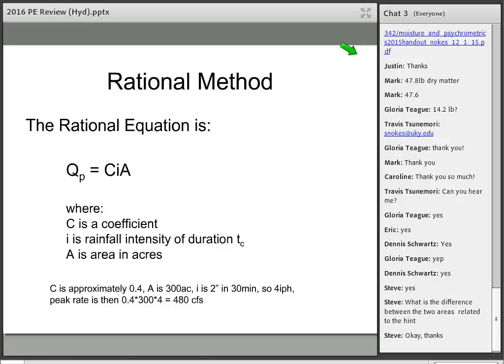So when you look at the rainfall pattern, it's 2 inches in 30 minutes, 4 inches an hour. Peak rate then is 0.4 times 300 times 4 inches per hour, and you end up with a flow rate in this case of 480 CFS, which is